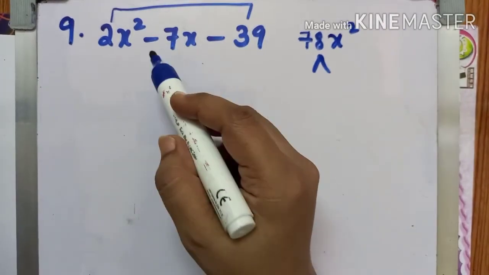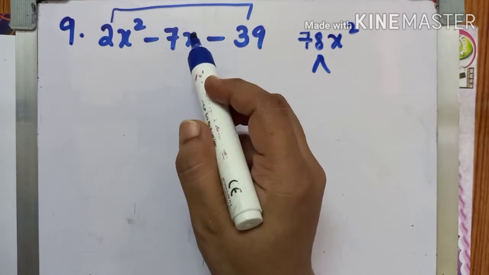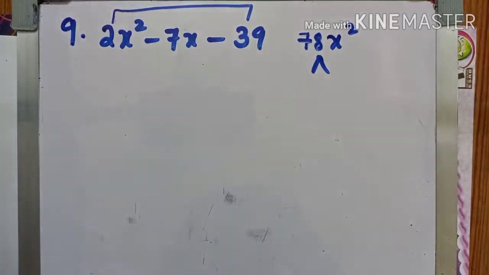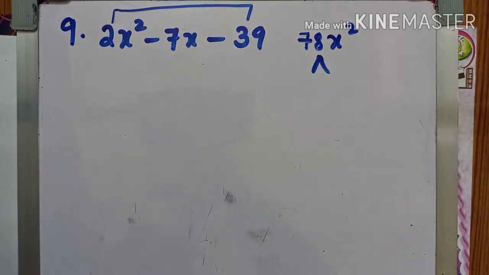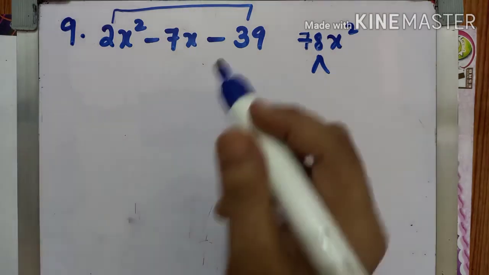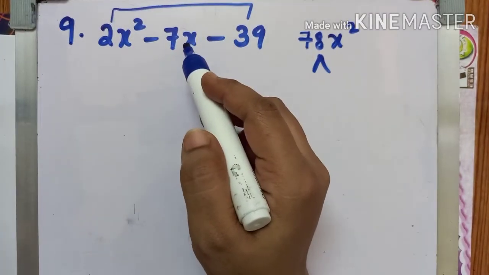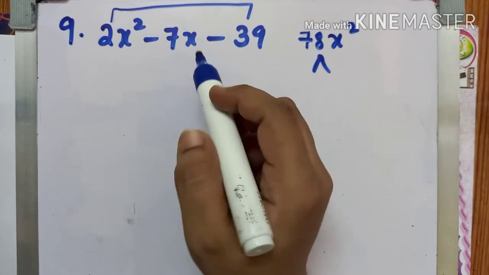You have to take two terms in such a way that you should get minus 7x also when you're subtracting or when you're adding. So minus 7x means, first of all, 78 in which table will it go? You have to look for that. 13 table. Okay, 13 sevens will be 78. So sorry, 13 6s. So here minus 7x means minus 13 plus 6.